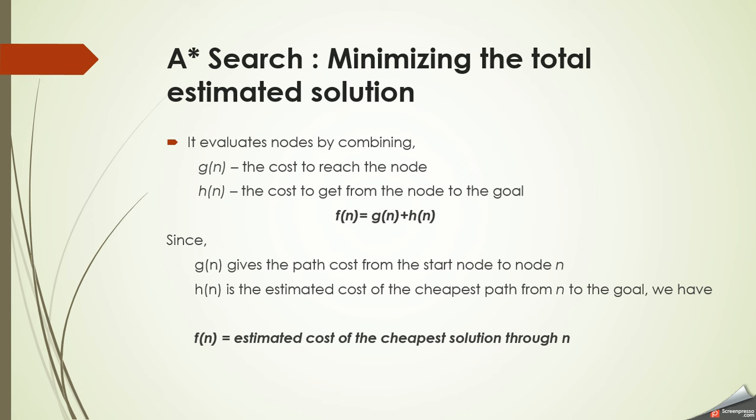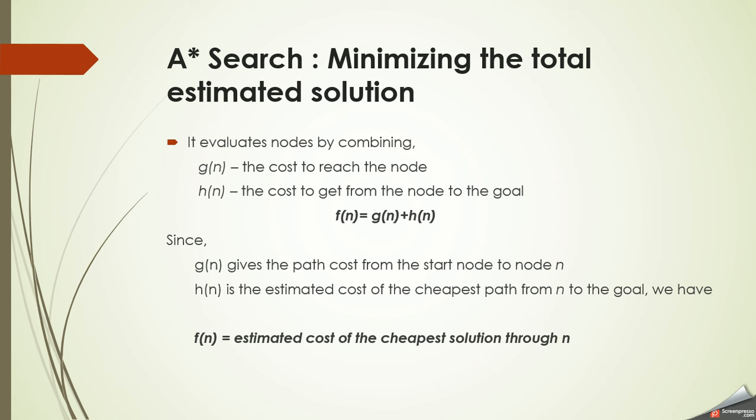The main difference is that in greedy best-first search, people would have noticed the path cost between any two nodes was not considered. That information we are going to include in A-star search. So that is the main difference between greedy best-first search and A-star search. Here we are going to combine both the path cost and the heuristic function. Together we are going to attain an evaluation function. So let's see how it works.